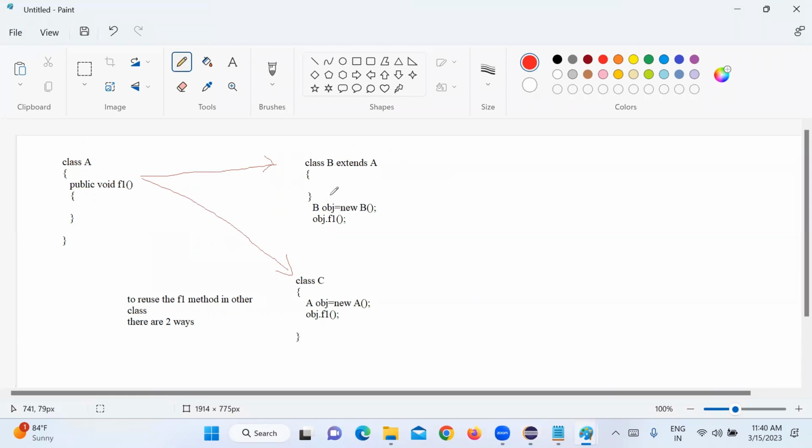When we inherit, you create an object for B. Don't do it for A now. You have to create an object for the child class, because B got the methods of A. You create an object for B. But here, C doesn't know anything about A, because C is not a child of A. So you directly create an object for A and still you can access it. So these are the two ways you can access the variables and methods of a class in